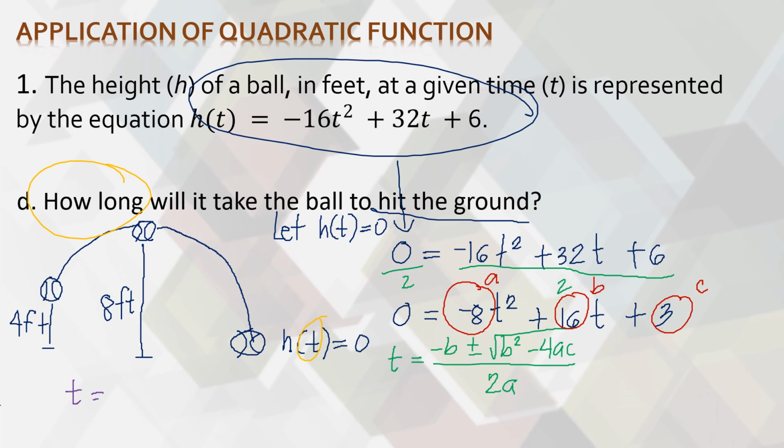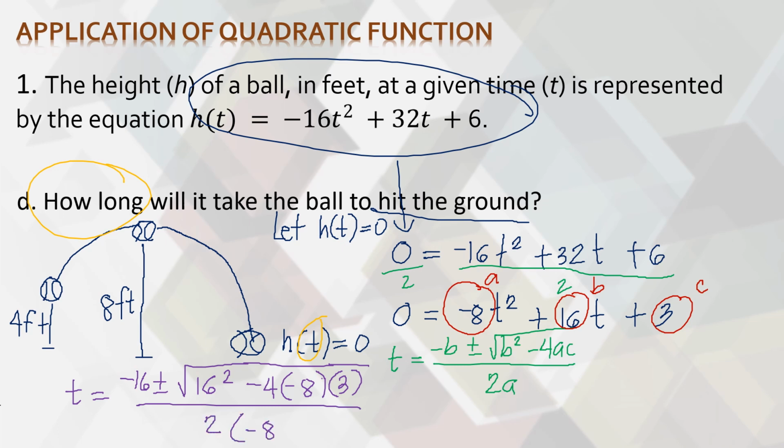So t is equal to b is 16, so negative 16 plus minus square root of the square of 16, that is b, minus 4 times a, where a is negative 8, that is already simplified, so that must be negative 8, times c, which is 3. So divide natin yan sa 2 times where a is negative 8. So using your calculator, ang posibleng makuha natin dito ay,